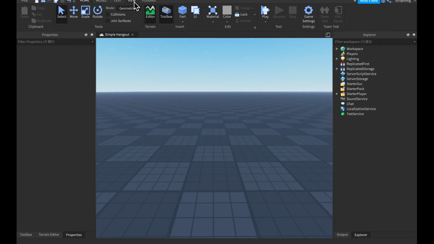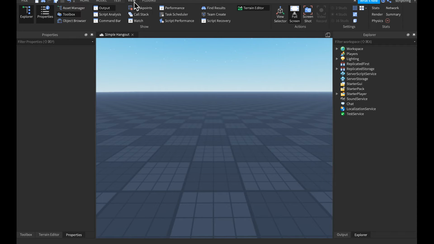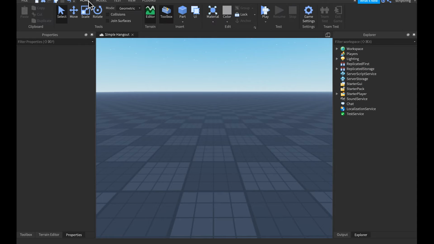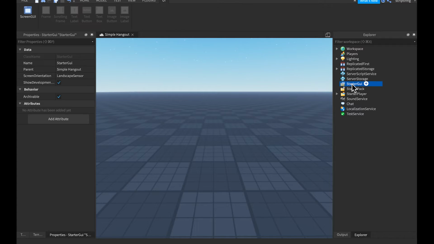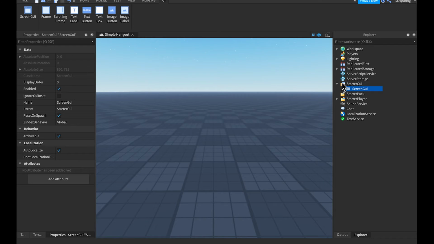If you don't have that up, all you have to do is go to View, then go to Explorer right here. Then, once we have that up, just go to the Starter GUI right there. Then we want to add a screen GUI, and the reason why all of these things are great is because you can't add it unless you have a screen GUI, which everything else is nested inside of, like you place them inside of it. So let's add that, and then inside the screen GUI, let's just add a text label,